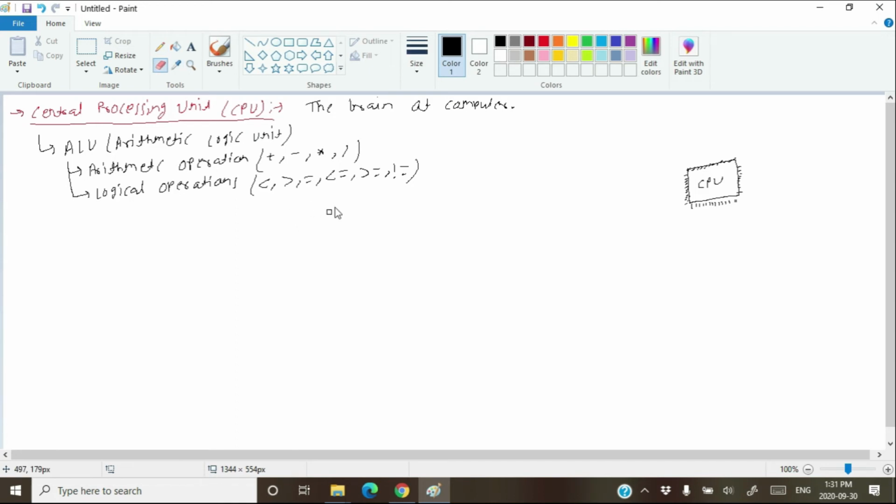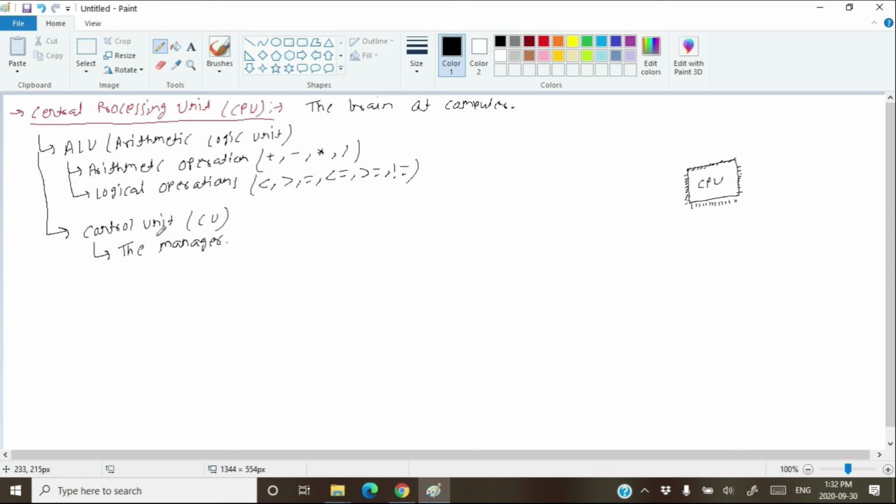After that, we have talked about the other component of the central processing unit, and that is the control unit, CU. You can say that the control unit is the manager. We have already talked a lot about the control unit. This is the control unit which gives signals to other components of the computer. It can give signals to the ALU, to the registers, to the input output unit, to the secondary storage, or to the primary memory also.